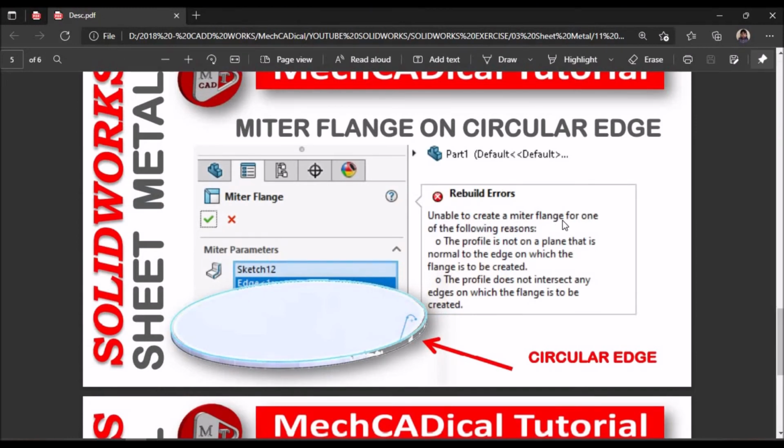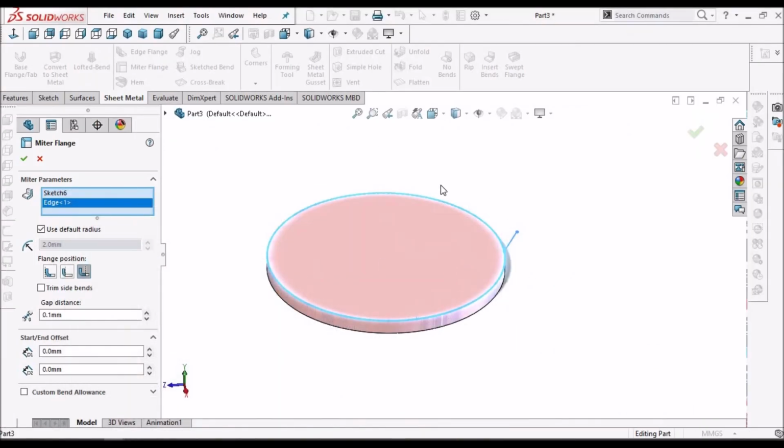Unable to create a miter flange for one of the following reasons. The profile is not on a plane that is normal to the edge on which the flange is to be created. The profile does not intersect any edges on which the flange is to be created. So whenever there is a circular profile, we cannot create a miter flange.